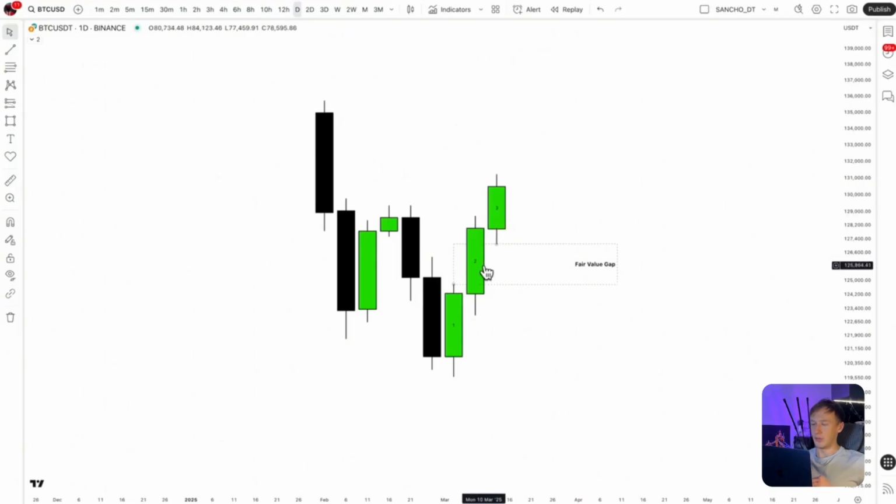At the moment of formation, buyers were so dominant that at certain prices there simply weren't any sellers. Because of this, the price seemed to jump over a range. The unfilled demand remains in this zone in the form of limit orders. The market tends to return to this area to complete the exchange and allow participants to fill orders at those